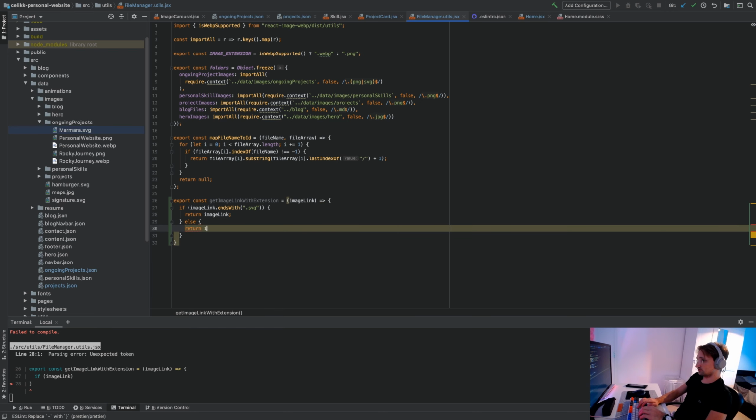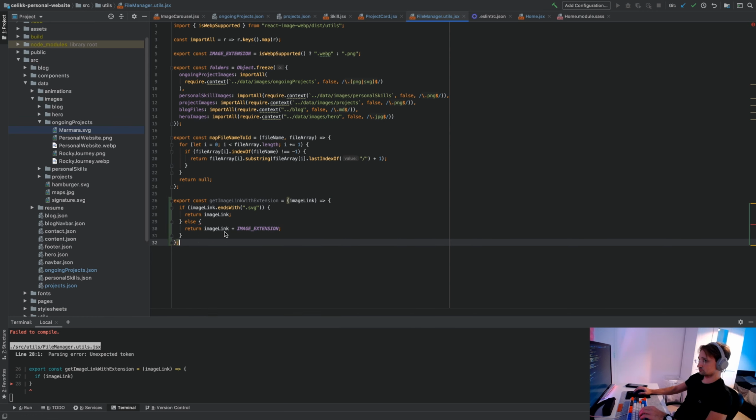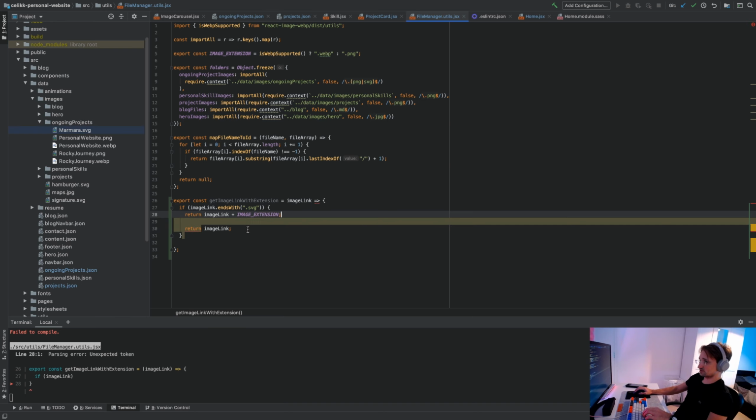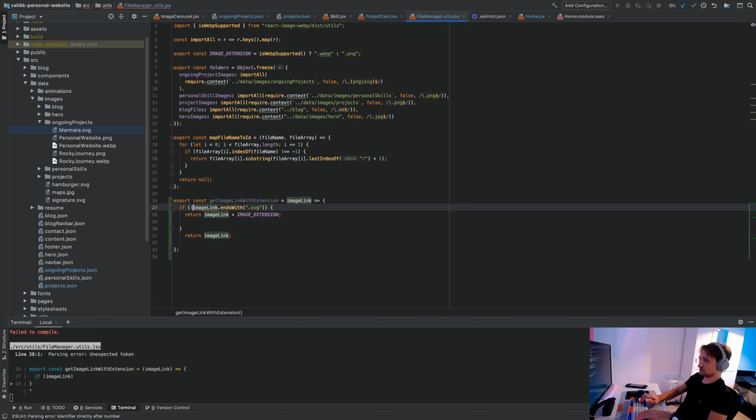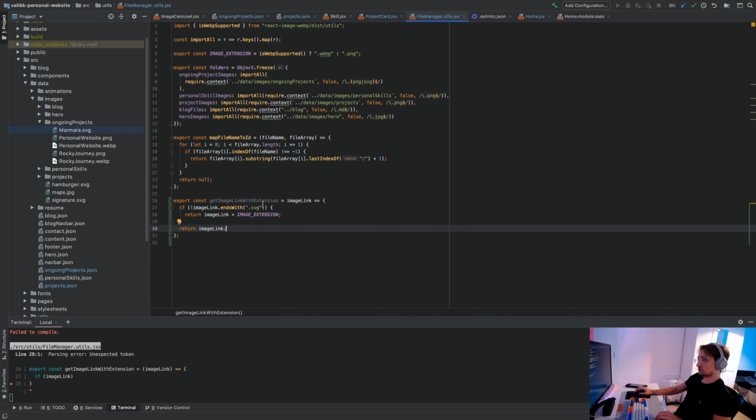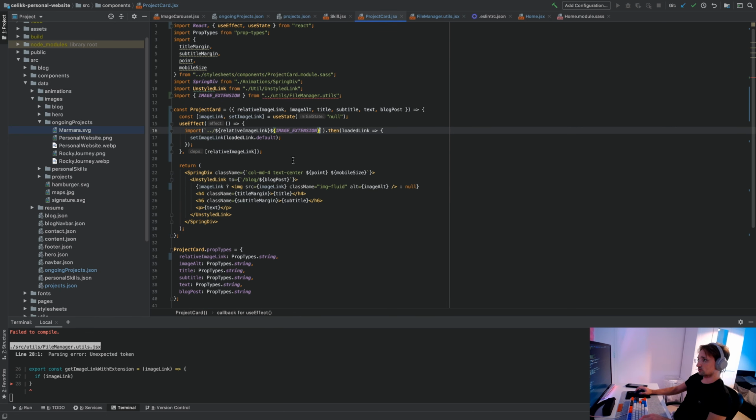else return image link plus image extension. Why is this complaining? Maybe not. Oh yeah, that's of course. Yeah, of course, sorry. Most of the time this is going to be the case, right? So let me put this outside, and I'm going to put that one in here. Branch optimization, guys. Branch optimization is important. Get image link with extension. Yeah, so we don't need this. We're going to call